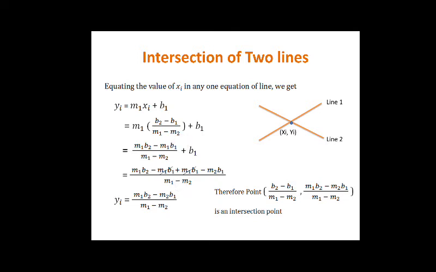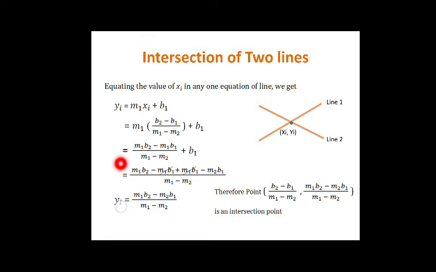So what I am doing is the multiplication over here, that is m1 into b1 minus m2 into b2. The same terms cancel: minus m1 b1 plus m1 b1 gets cancelled. So what is the remaining term? m1 b2 minus m2 b1 divided by m1 minus m2. These are the remaining terms, and this is called yi.